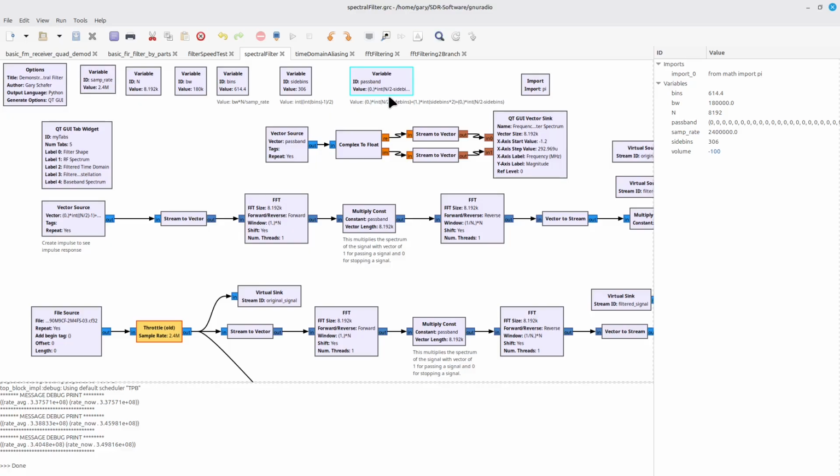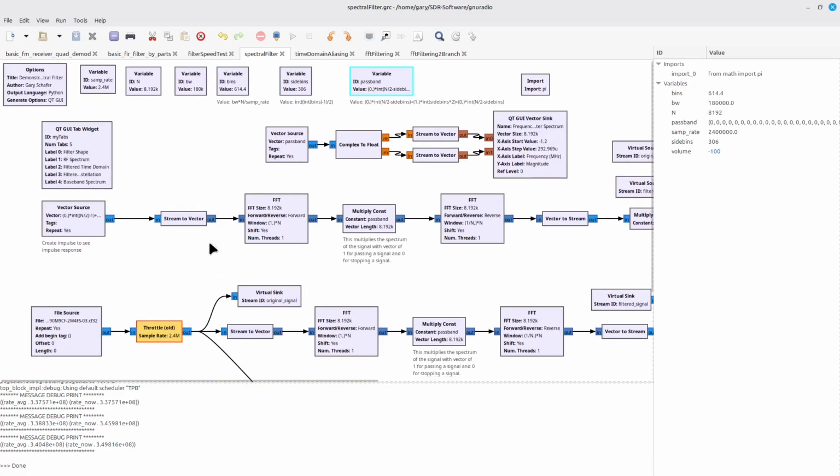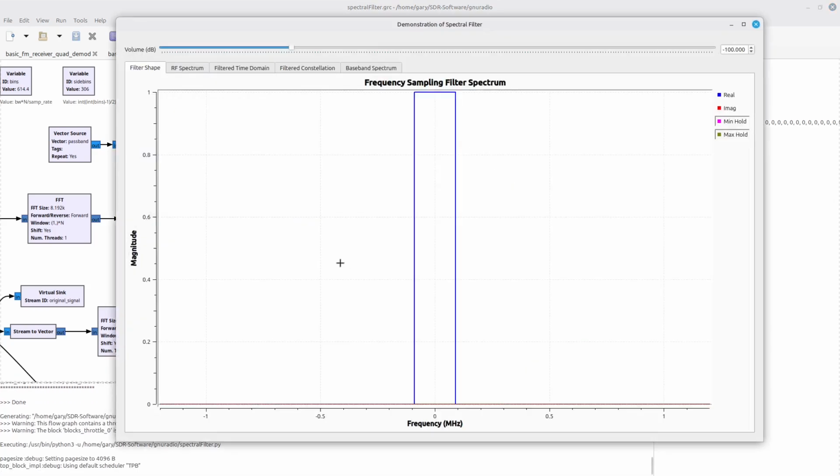All the ones I do want to pass, multiply by 1. And I'll show you that here in just a second. And then the rest is just showing different comparisons for that. So for example, this part here, I'm doing a comparison of my signal, showing the impulse response of the signal, plus I also have a comparison so you can actually see the actual spectrum as I originally envisioned it.